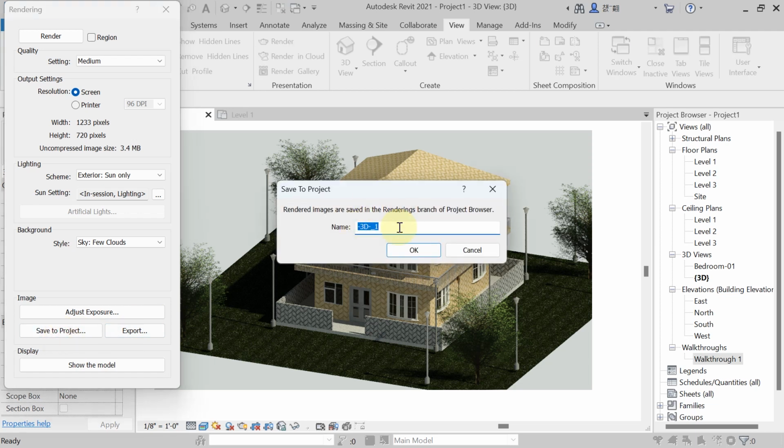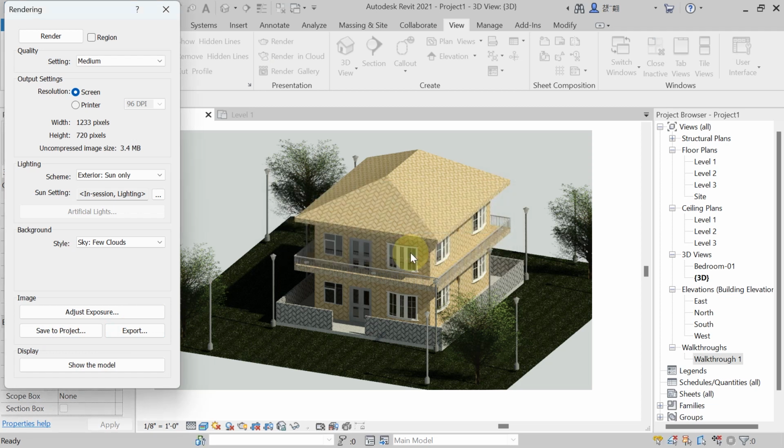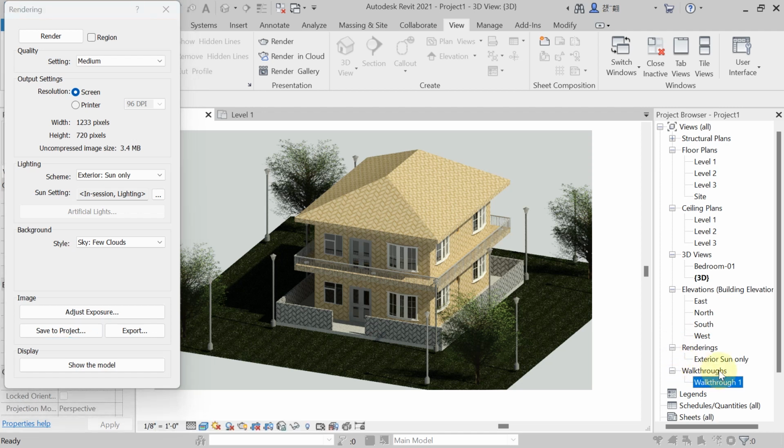Now you can give any name, like we have selected exterior, so give it as exterior sun only, and save it, hit OK. Now see, automatically when you hit save, here in the project browser you will get one more section, rendering. When you hit on this rendering plus sign, whatever you have saved, exterior, from here you can